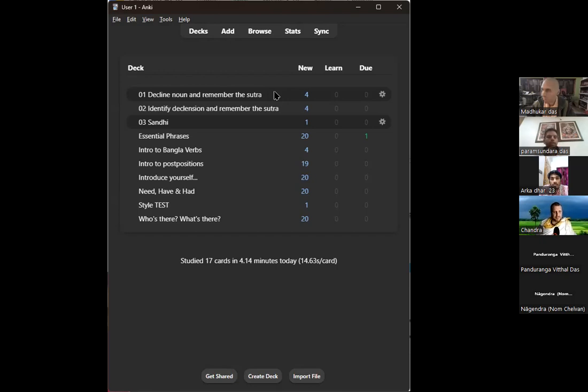He introduced me to this Anki app at that point of time, like 3 years before, and he, through practicing via this Anki app, practiced sandhis, the Shabda Prakaranam and the Akhyata Prakaranam, altogether like around 1,000 plus sutras. And he's damn confident